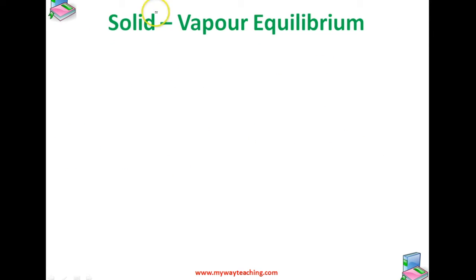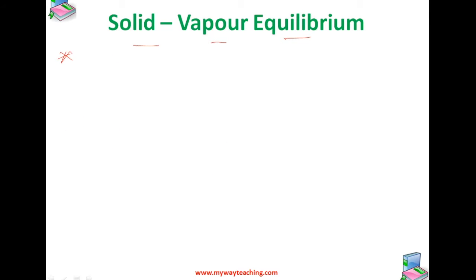Next, come to the solid vapor equilibrium. Let us now consider the system where solids sublime to vapor phase. If we place solid iodine in a closed vessel, after some time the vessel gets filled up with violet vapor and the intensity of the color increases with time. After a certain time the intensity of color becomes constant and at this stage equilibrium is attained. Hence, solid iodine sublimes to give iodine vapor, and the iodine vapor condenses to give solid iodine.